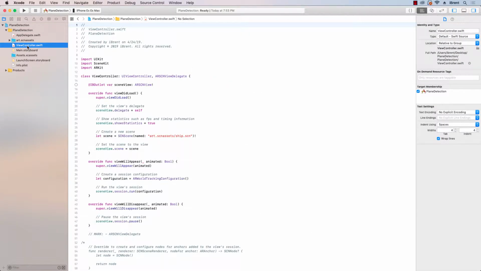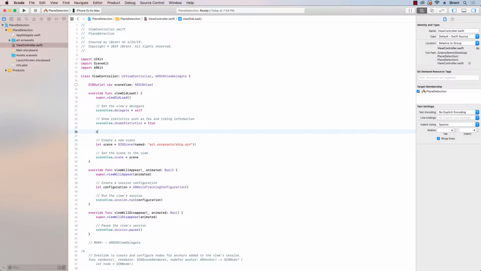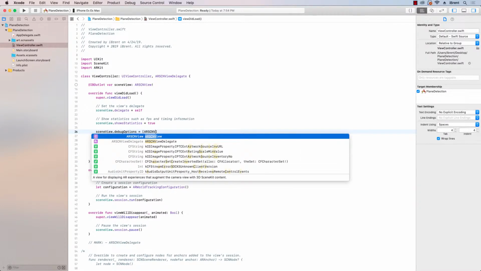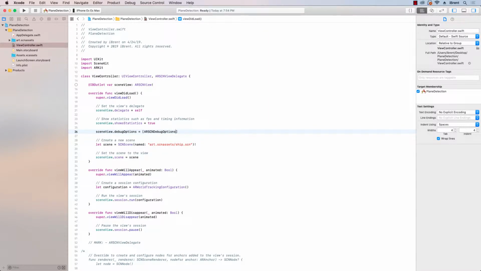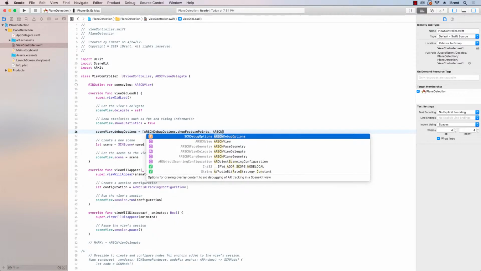Let's go over to our view controller, and we want to enable a few debug options. The debug options allow us to see additional things on the screen. We can do this by, in our viewDidLoad, under the scene view, we can add another property, sceneView.debugOptions equals, and then this takes an array, and it's an array of ARSCNDebugOptions.showFeaturePoints and ARSCNDebugOptions